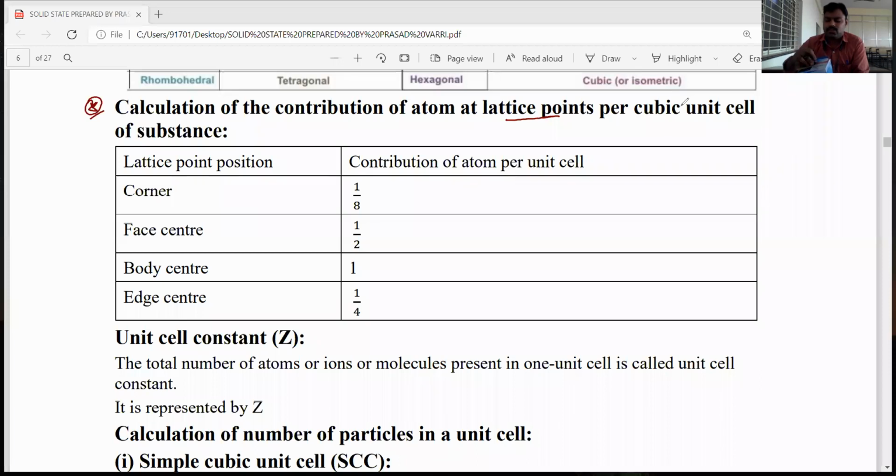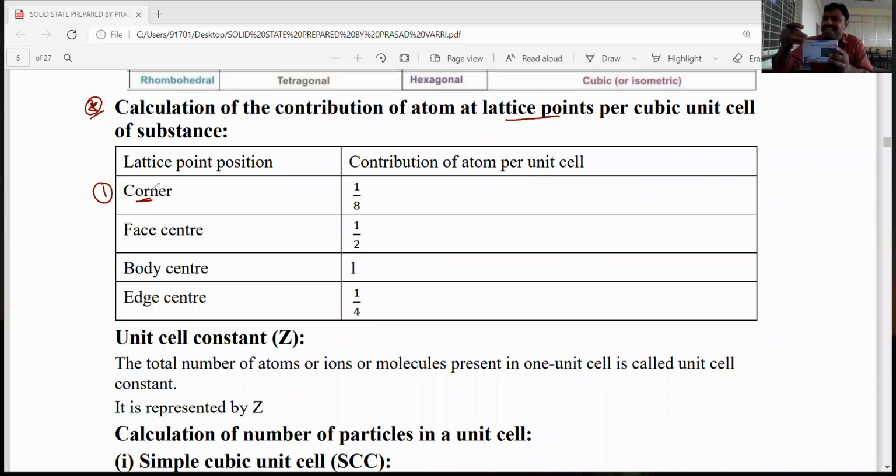Just imagine that it is a unit cell. The unit cell has 8 corners, 6 face centers or 6 faces, and edges. There are 12 edges present, dear students. Now imagine that an atom is present at a lattice point, at a corner. This corner contributes because it is a unit cell. The space lattice or crystal lattice is nothing but the 3-dimensional arrangement of a number of unit cells, which gives a crystal lattice or space lattice structure.